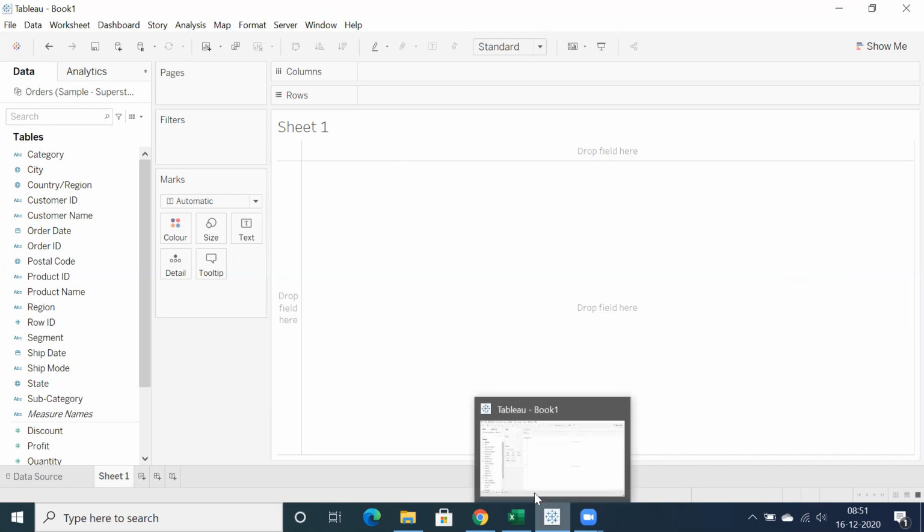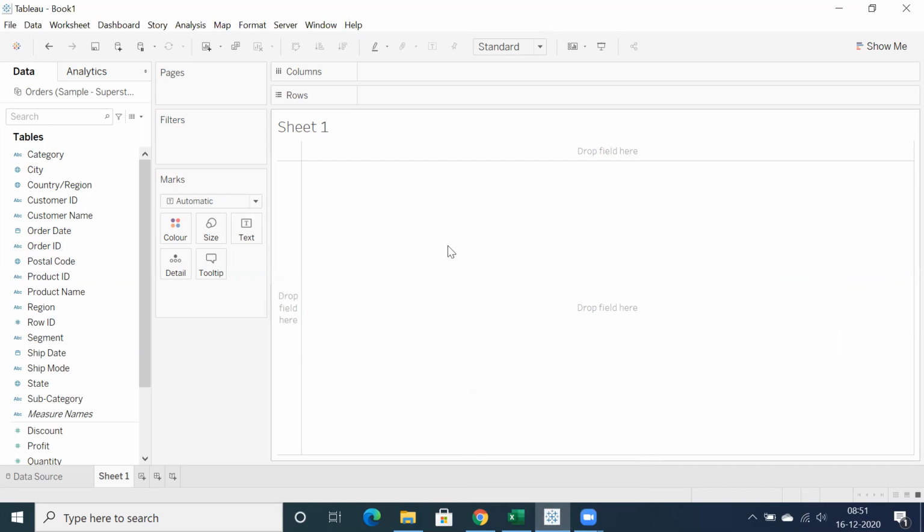What I mean to say is, yesterday I showed the same concept. I created an extract. What is the last refresh date and time I want to capture? I want to showcase that information in the dashboard so that users are aware that, okay, this is not the real-time data. This is the date and time when the extract has been refreshed. Getting the point, right? So now the current date and time is December 16, 8:52.